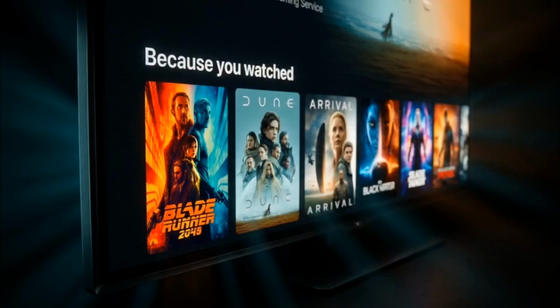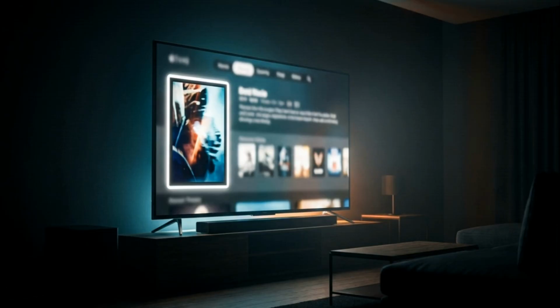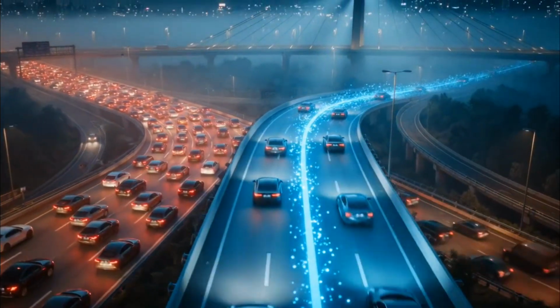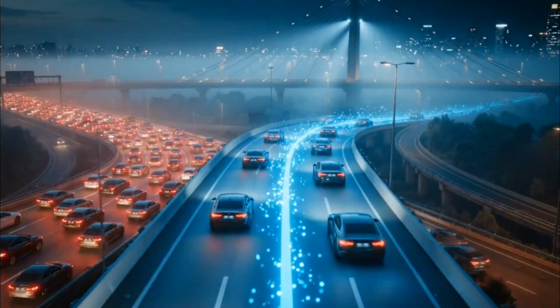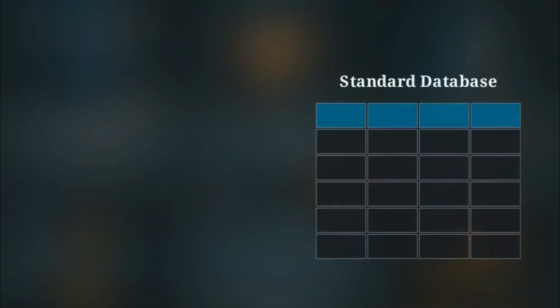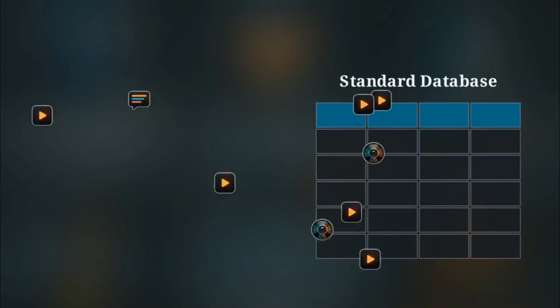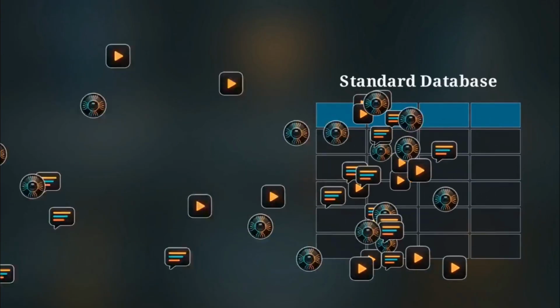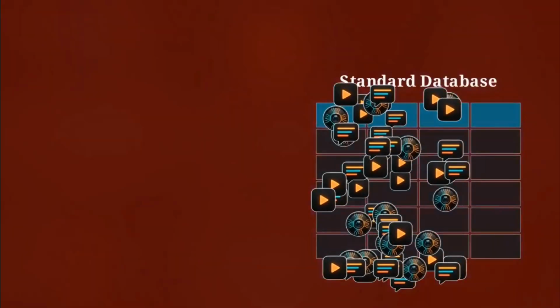period. Yet, out of that massive planetary noise, an algorithm on Netflix can isolate your specific habits and recommend the exact documentary you want to watch next. Or consider Google Maps, which can route your car around a highway traffic jam before the gridlock has even fully formed. If you tried to feed all those overlapping variables into a traditional system, like a standard database, it would instantly choke. The sheer influx of inputs would crash a normal computer on contact.